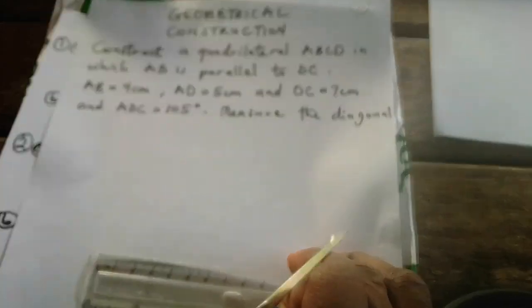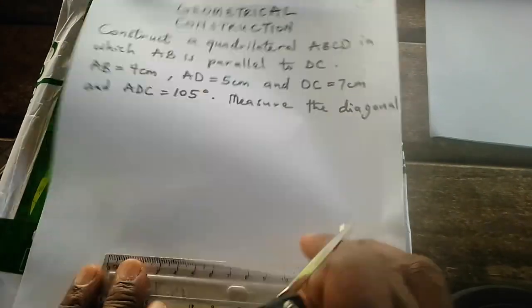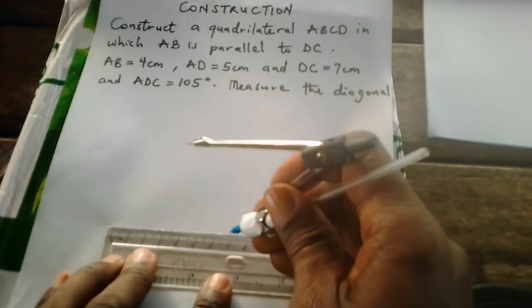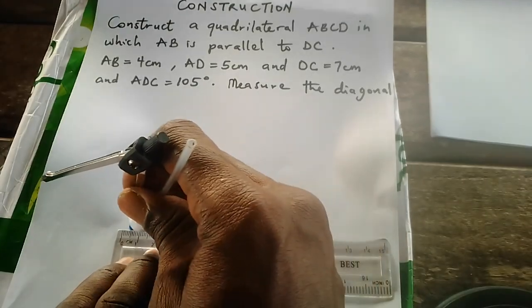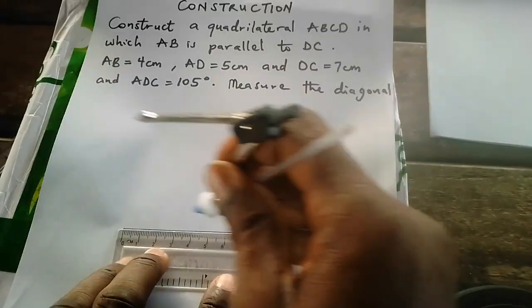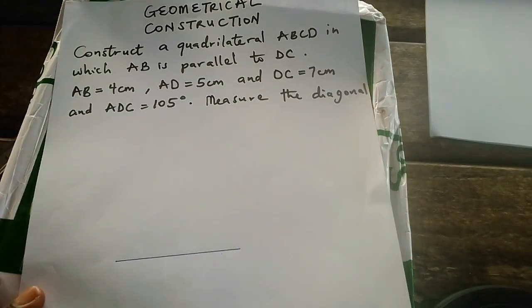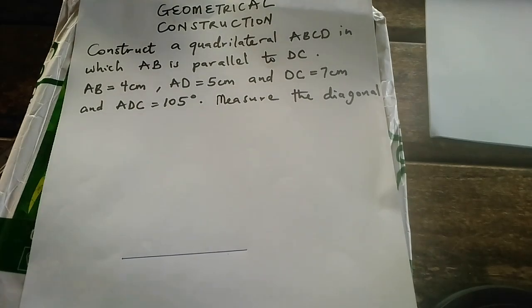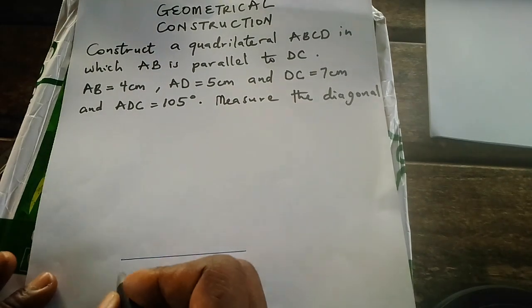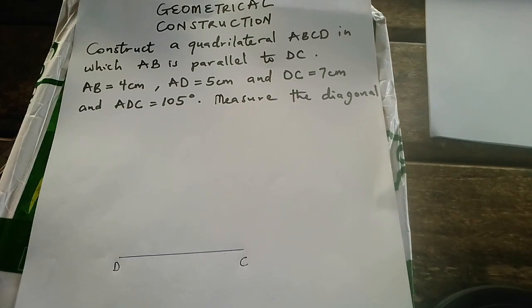So I'm drawing line DC, 7 cm. So this is my 7 cm. This is line DC. This is line DC, which is 7 cm. Now,